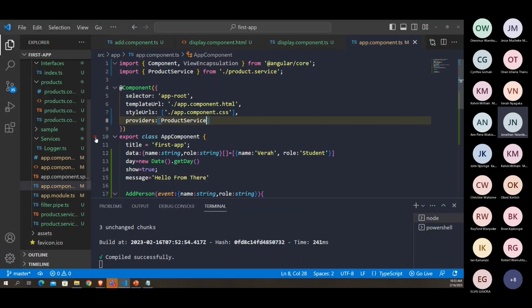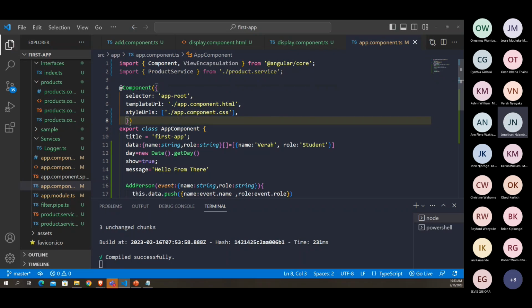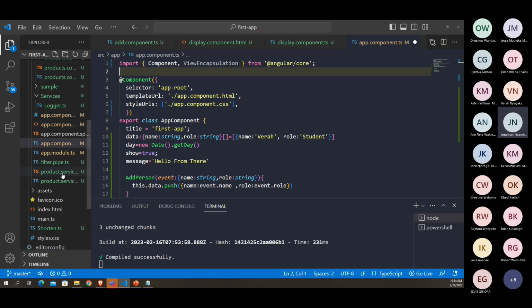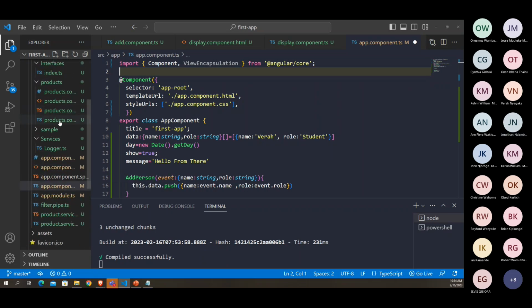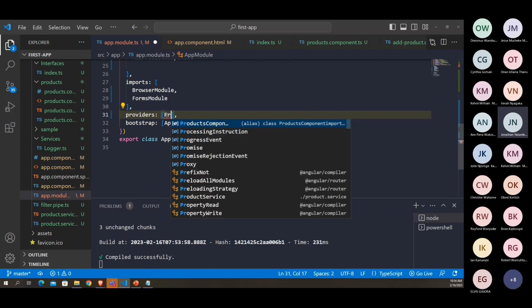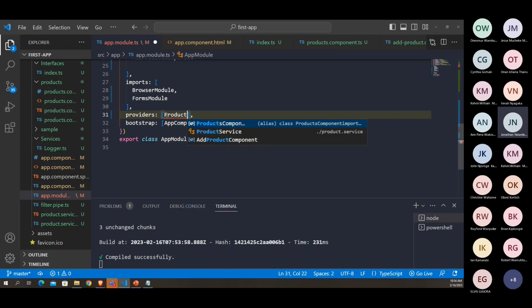The best practice is having this in the application level, but that means that this instance is accessible from anywhere inside this application. So for our application we need to go to the module first, right here, and we also see the providers array. So this is where you can line up all your services that you want them to be available application-wide. So I'll have product service